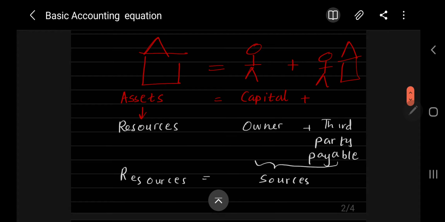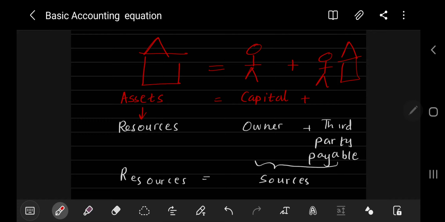Now I'm going to enter the next part of our equation. Whenever money has been invested in the business by the owner, there are certain limitations that he or she faces, because as an individual person or a company, we don't have all the resources with us. In that case, in order to increase the amount of resources of the business, we can get support from a third party. And if we take support from a third party, we call them liabilities.